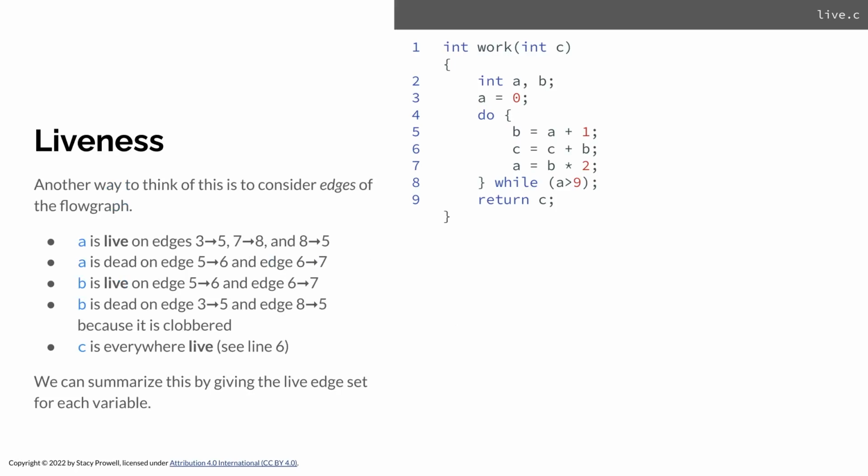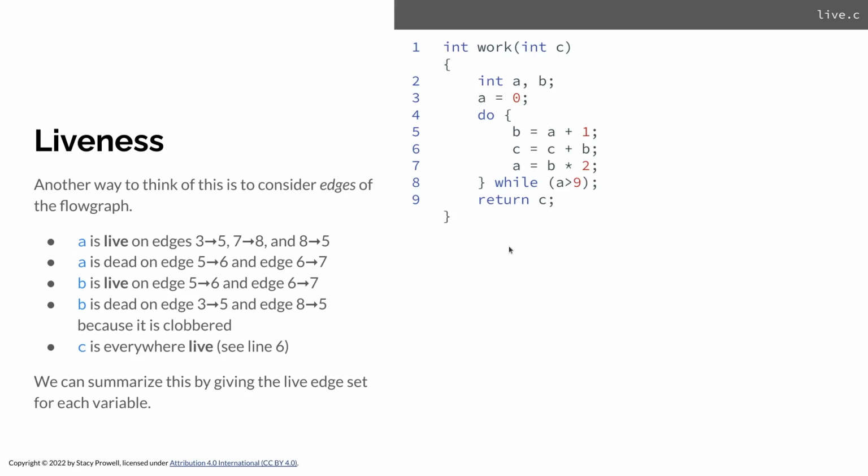Another way that's meaningful to think about it is we could draw the control flow graph of this program, and we could talk about edges. So let's think about that for just a minute. There's an edge that goes from line 3 to line 5, right? Because we start here, and the next thing we do is line 5. There's certainly one from 5 to 6, certainly one from 6 to 7, and then there's an edge from 7 to 9, but also from 7 back up to 5. So we have a branch here,